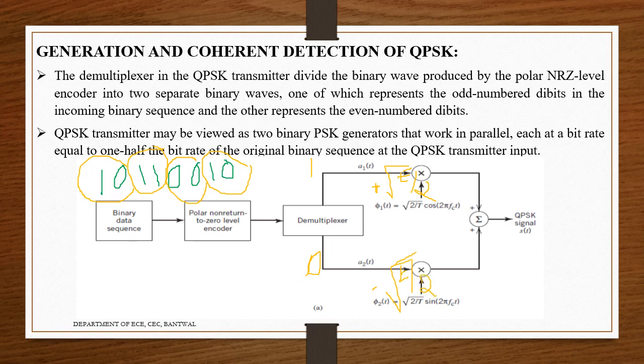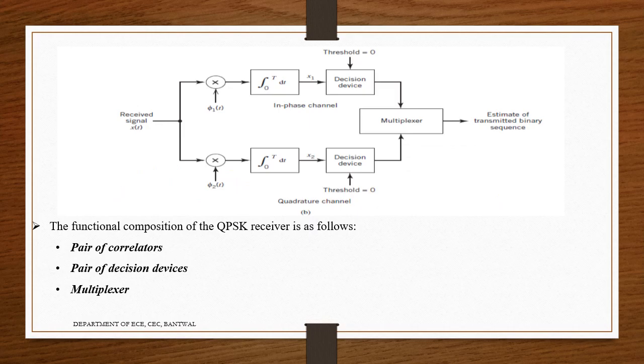Similarly, both will get added and give us the symbol, as we did for the bit stream. So 1 and 0 get added and the average is taken. Similarly, it will be carried out for 0 0, next for 1 1 and 1 0. So first we do pairing, then split into in-phase and quadrature phase, then they are added, that is the sum divided by 2, with the amplitude.